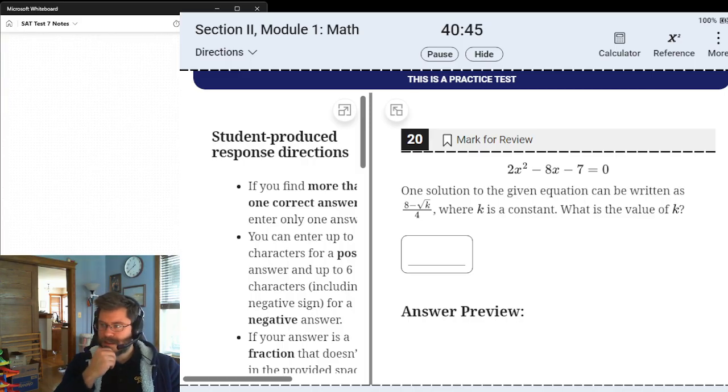We got a quadratic. They give us a solution in quadratic form. Notice that we got that root k in there. They're basically suggesting to us to use the quadratic formula. Pause and try to think about what the quadratic formula is. And of course,